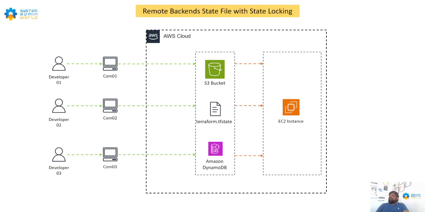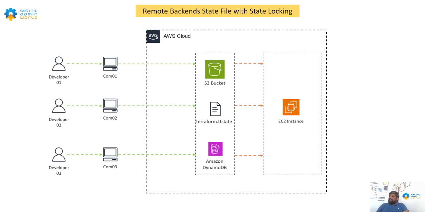state locking file. So this third slide will explain how the TF state file can be locked, or how remote backend state file locking can be implemented using AWS DynamoDB. Okay, so consider the scenario where developer 1 tries to make changes on the EC2 instance, and at the same time developer 2 wants to make changes. Whenever developer 1 executes the changes using the Terraform apply command,